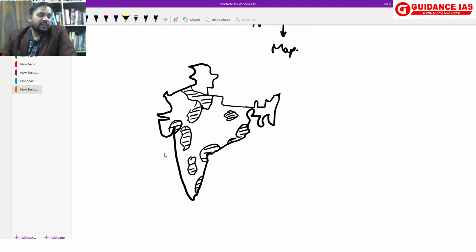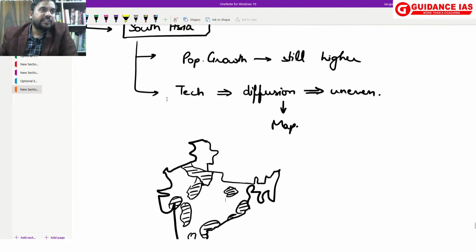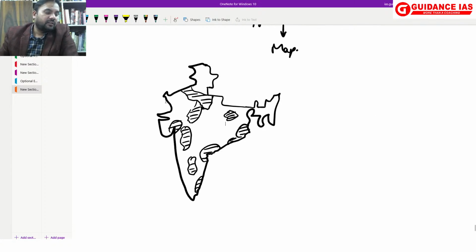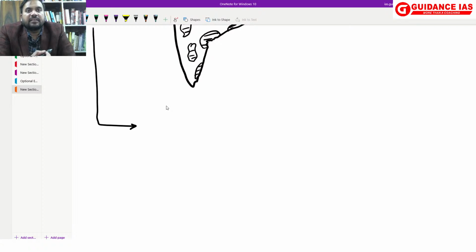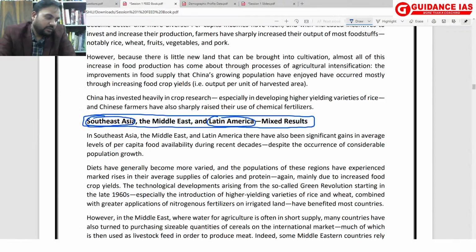So if we leave certain areas, rest of India is what? The progress of green revolution has been very slow. So draw a diagram and show how it is very uneven. Okay? So South Asia, I can explain why it has happened, and again in South Asia, political instability has been there, and that is one of the reasons the distribution aspect also has suffered. Okay? So you can write South Asia.